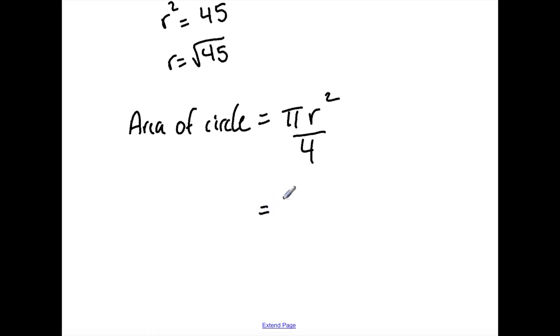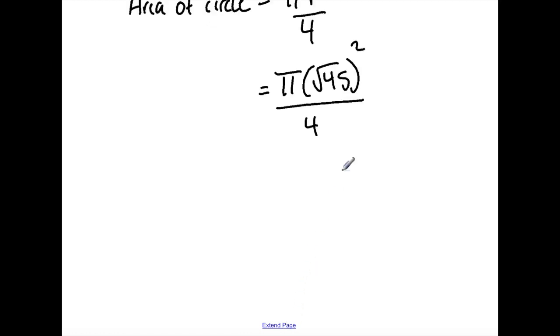So we have pi, open brackets, square root 45, close brackets, raised to the power of 2 over 4. The square root of 45 raised to the power of 2 is 45. So what we're left with is 45 pi over 4. So the area of the quarter circle is equal to